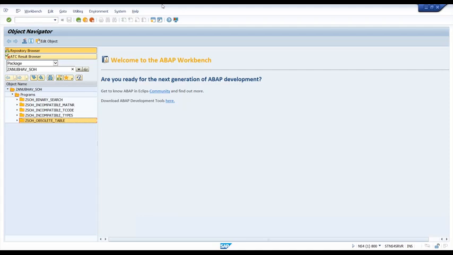So suppose here in this case, it's a very small number of programs. It's just like 4 or 5 programs. And I want to now know, boss, what do I do about this? Is this compatible? Is this compatible? Is this compatible? I don't know. So if you want to do analysis on individual objects, again, I repeat, if you want to do a check against the simplification database on an individual object, you have to use ADT.